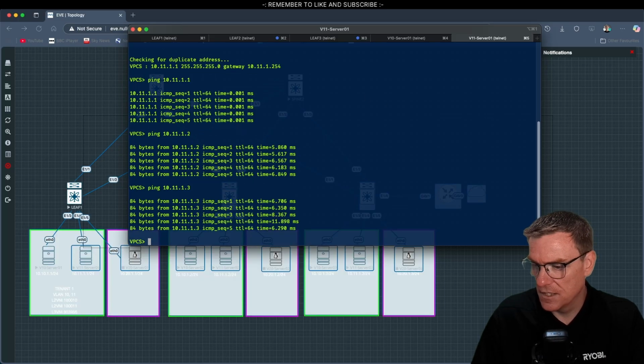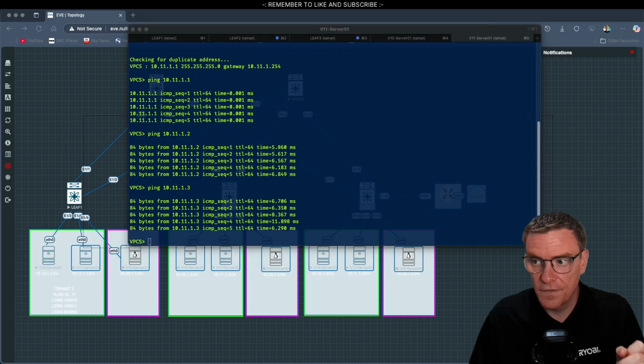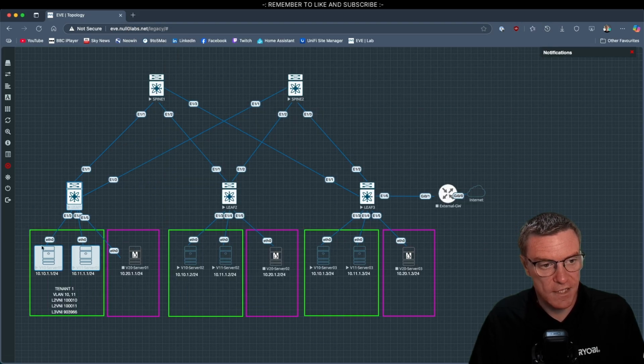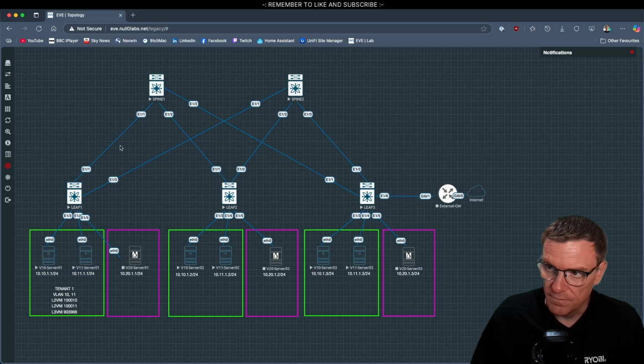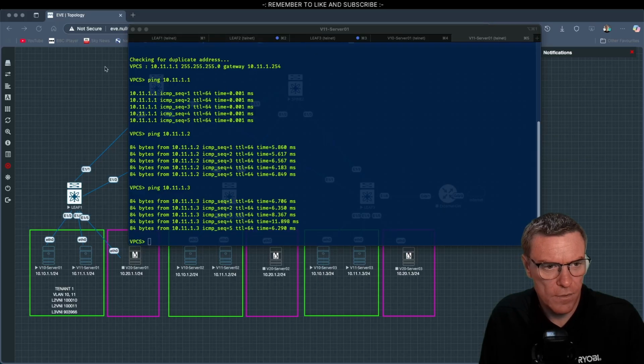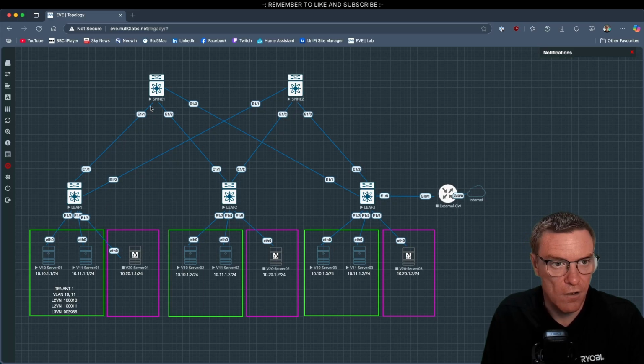Now let's set up the layer 3 VNI and the gateways, so that the two VLANs can intercommunicate with each other, and let's move them into a tenant. Right, now that we know that we've got functionality between our racks, let's set up our layer 3 VNI and our Anycast gateways for each of these top of rack switches, and then we'll move this setup into its proper tenant enclosure. So let's start with